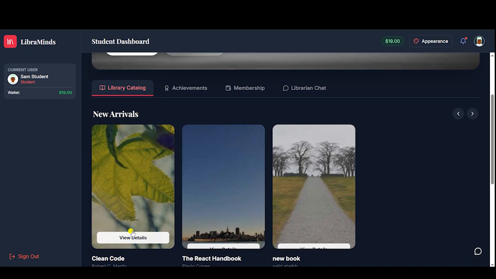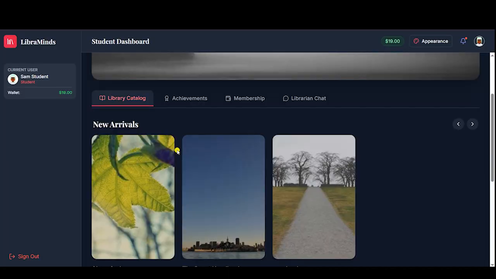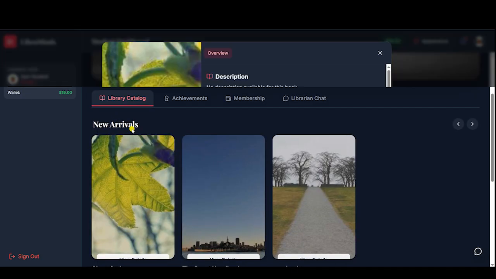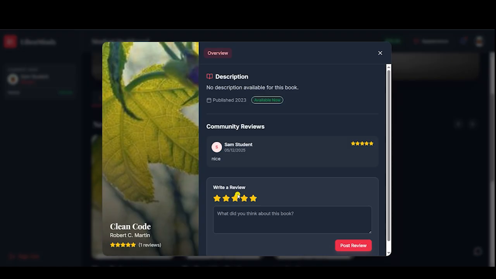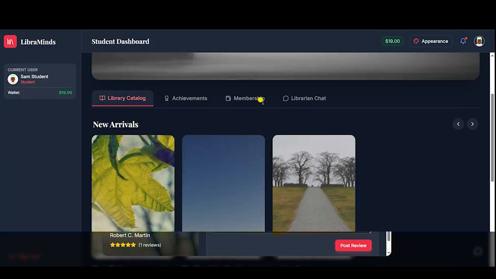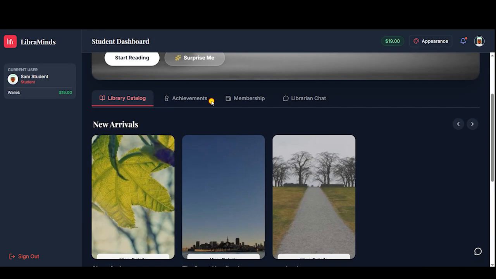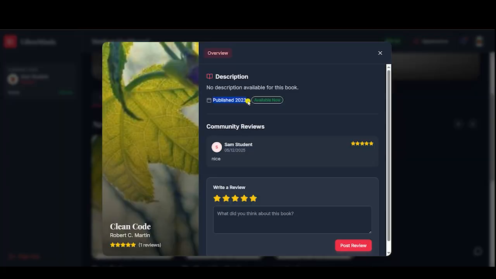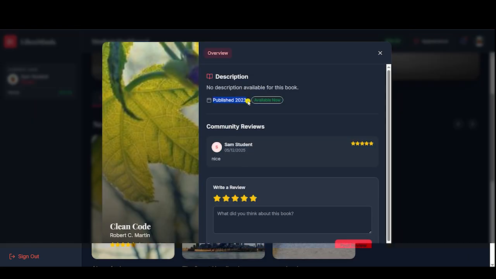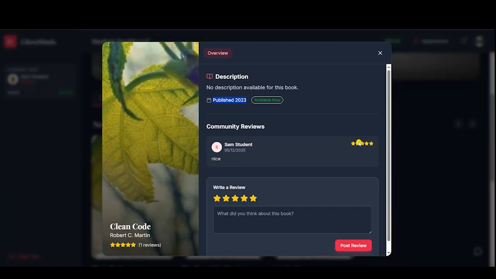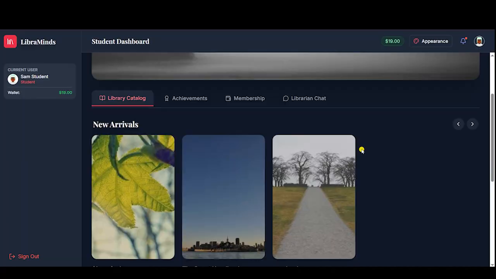So when you click over here, the view details button, the complete view of the book can be seen, like a writer review, and it is available right now. The status of the book published on 2023. There is no description added by the librarian for this book when they were adding this book into the web application. There is one review for this web application which had given the 5 stars rating